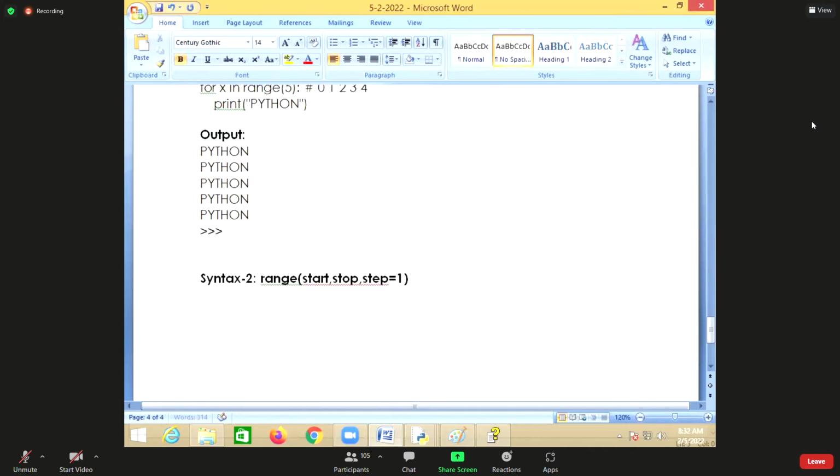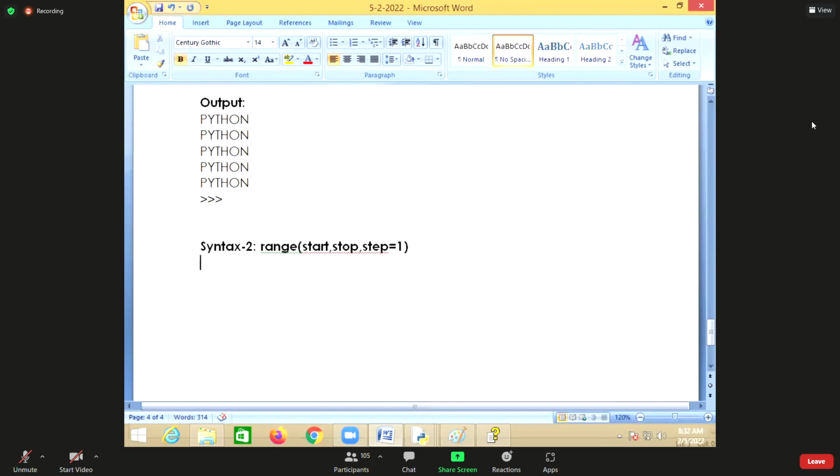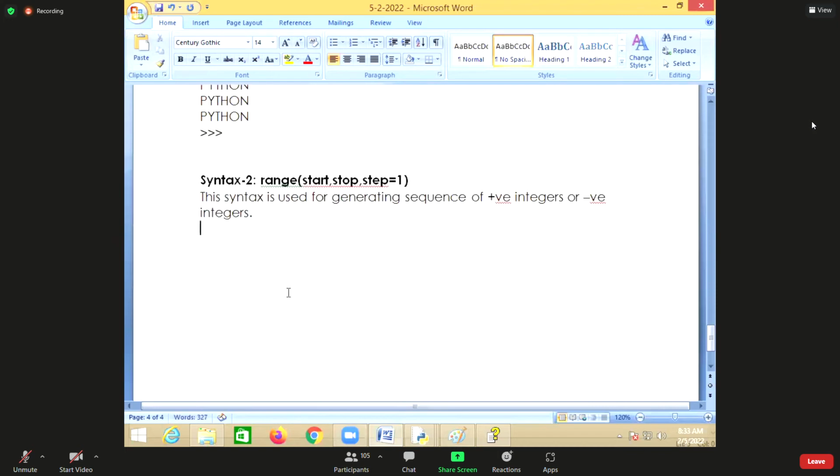This syntax is used for generating a sequence of positive integers or negative integers. So here one rule is there.